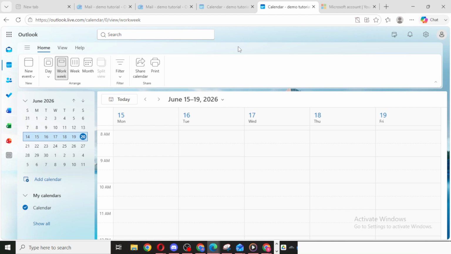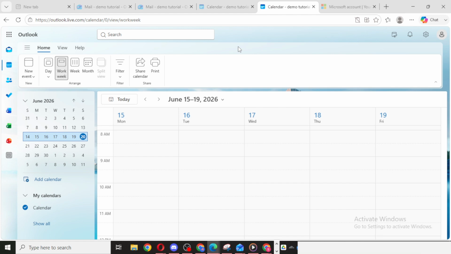Make sure the app is fully loaded before moving on, because the QR code option is found inside the Outlook menu. If Outlook is already open, that's perfect. If not, go ahead and launch it and wait until you can see your main Outlook window clearly.